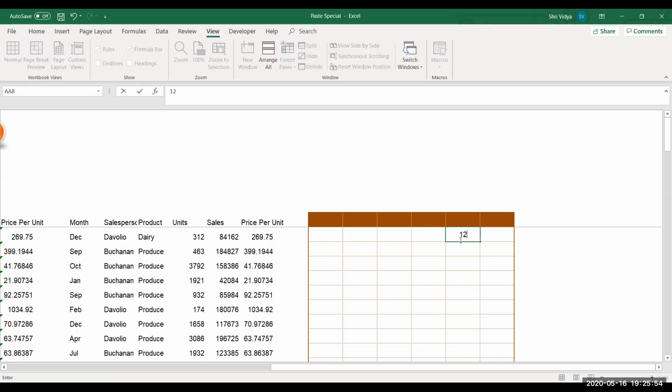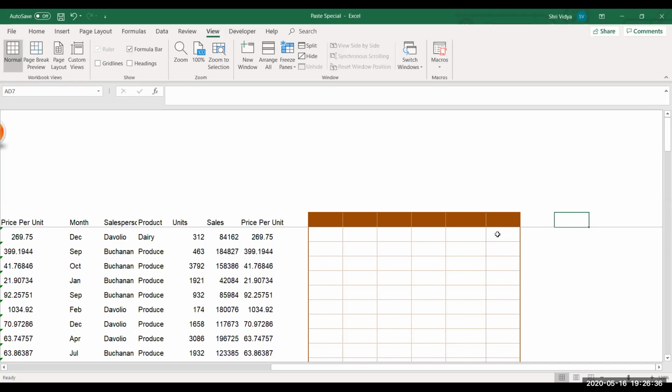Now let me see. I'll give a value. You can see 1,000 separator is getting applied. I'll give some decimal value here. So even that is taken. So likewise, you can observe both cell and number formats are pasted. So you can use this option to quickly apply formats on a similar kind of data. You want to give cell borders or you want the data to look in a particular way. If you have it already, you don't have to go and apply those formats from scratch. You can just copy and paste as formats here.